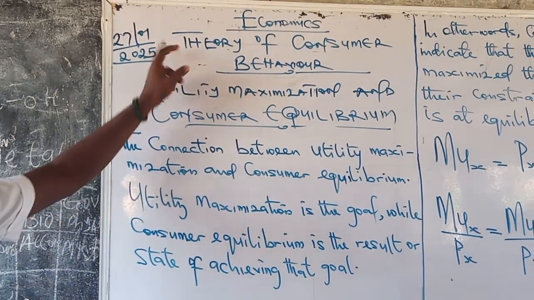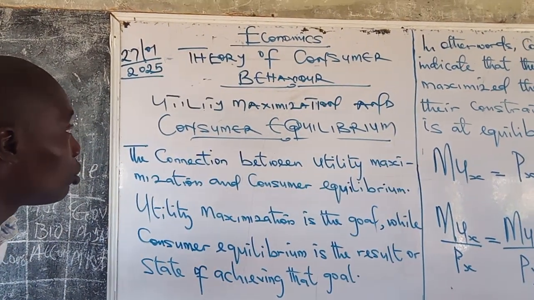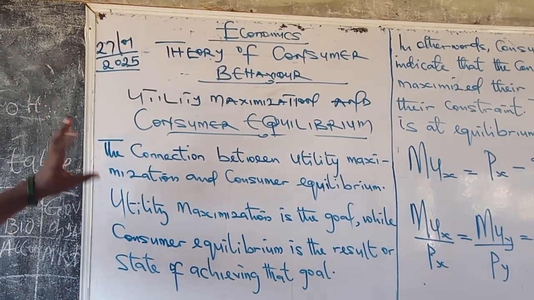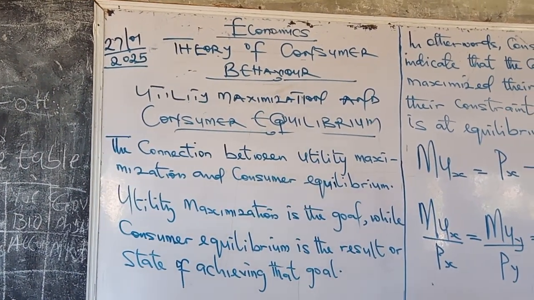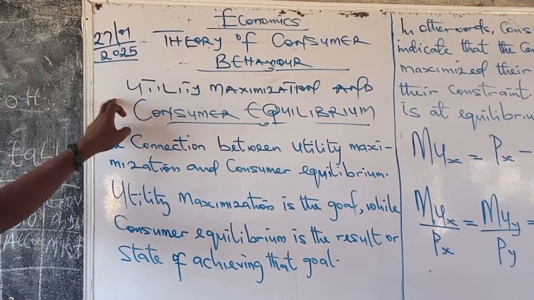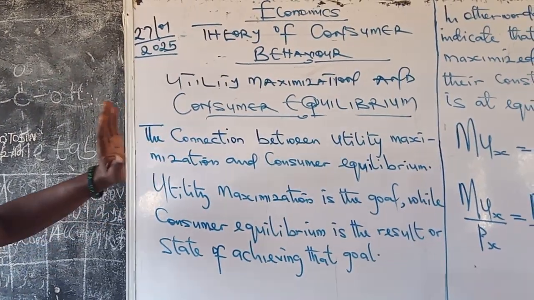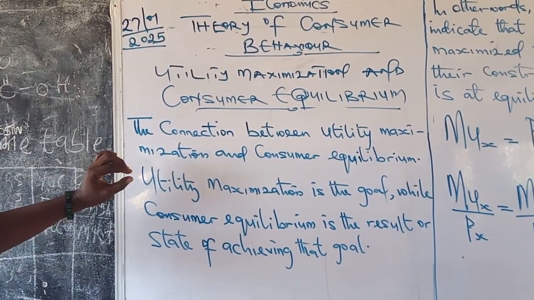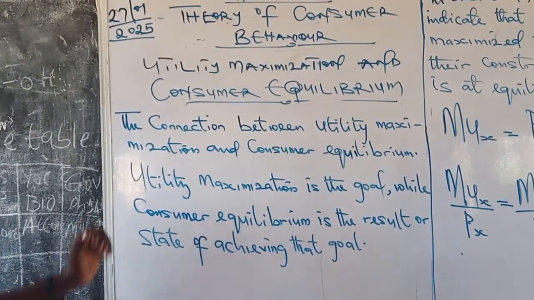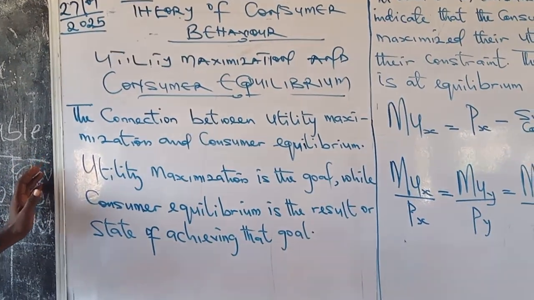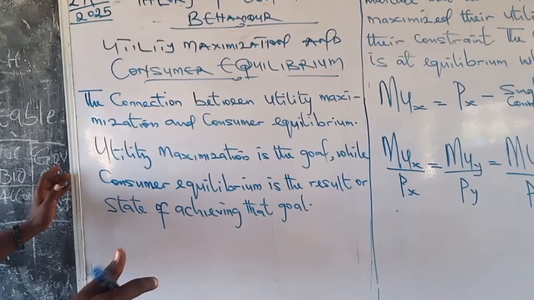Ladies and gentlemen, we're looking at the topic theory of consumer behavior in economics. We are zooming our lens on utility maximization and consumer equilibrium. That's what we're going to deal with in this topic. For a brief background, theory of consumer behavior as a concept is just the idea we're trying to push forward